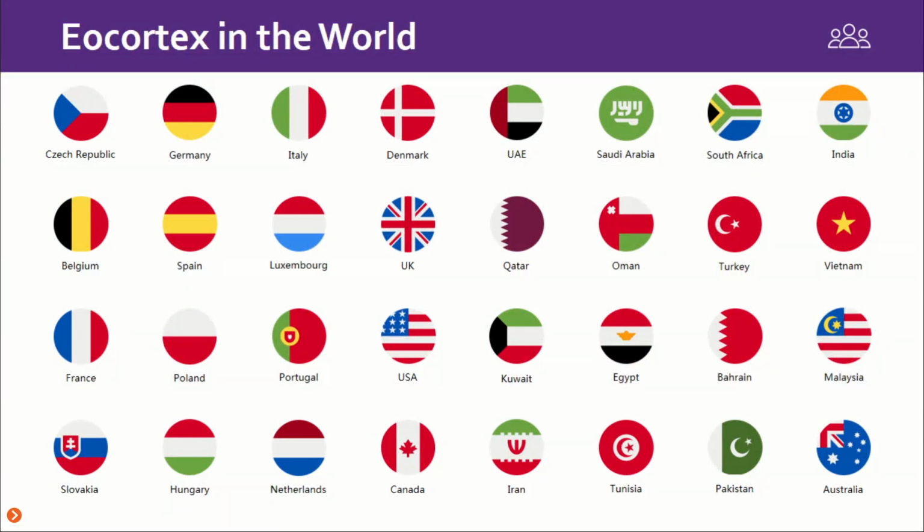These are certain countries with which we have already been operational in. Czech Republic, Germany, Italy, UK, Qatar, Oman, Egypt, Bahrain, Netherlands, Belgium. So these are the countries that we are already working in.